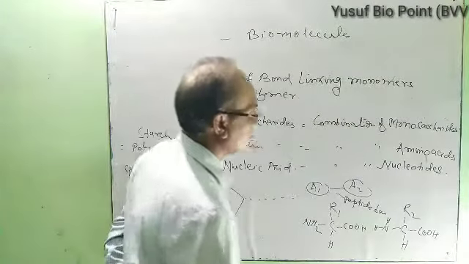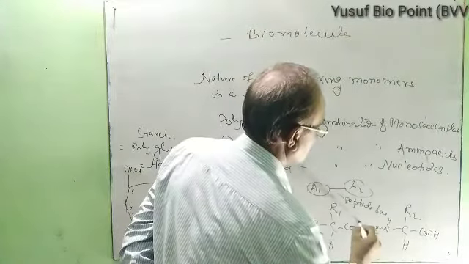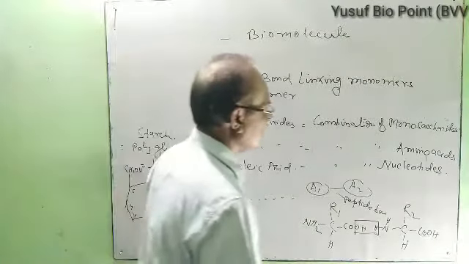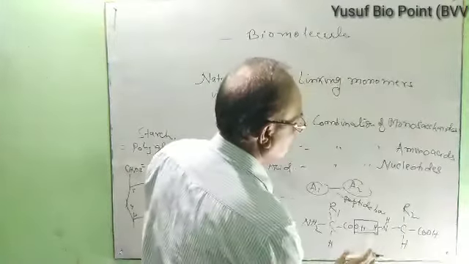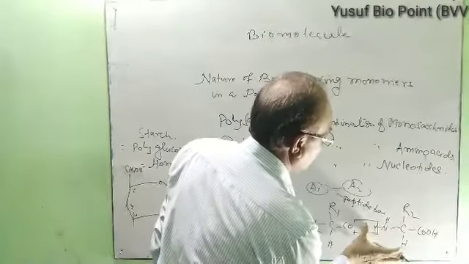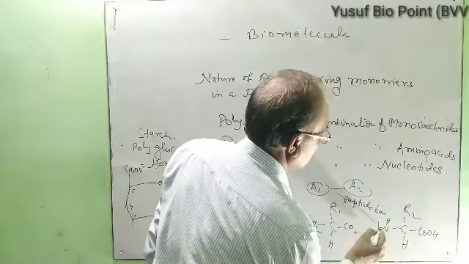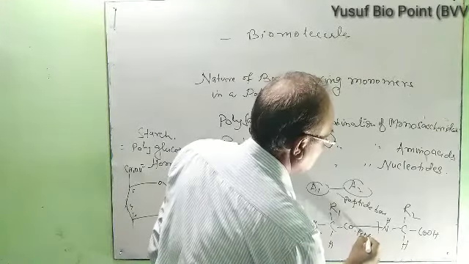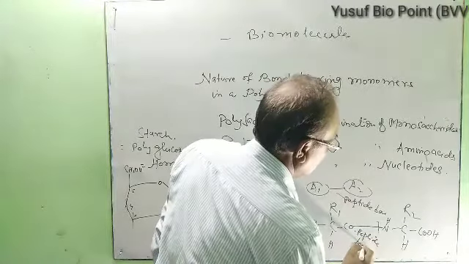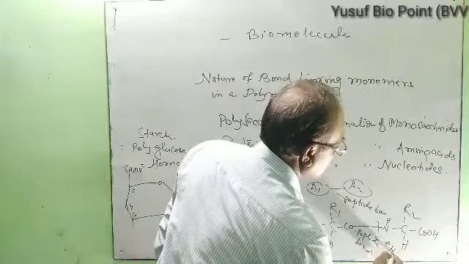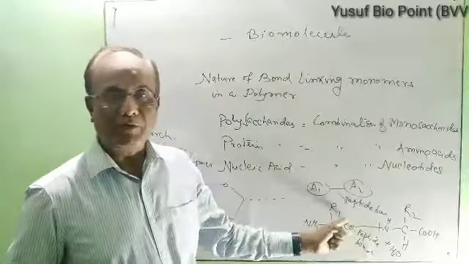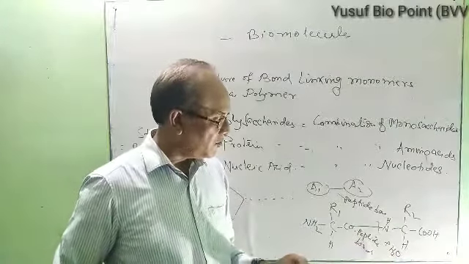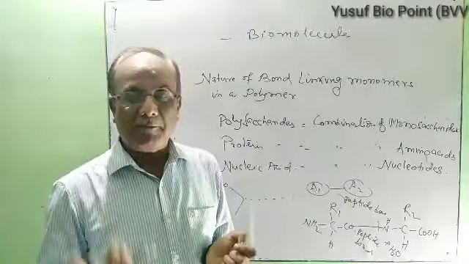When they combine to each other, that H and OH will mix to each other and they form a bond that is known as peptide bond plus H2O. जो H और OH आपस में मिले थे वो पानी बन के निकल गया और यहाँ एक बॉन्ड बन गया, दैट इज पेप्टाइड बॉन्ड।